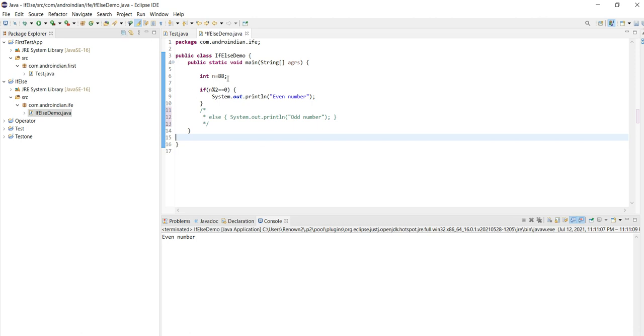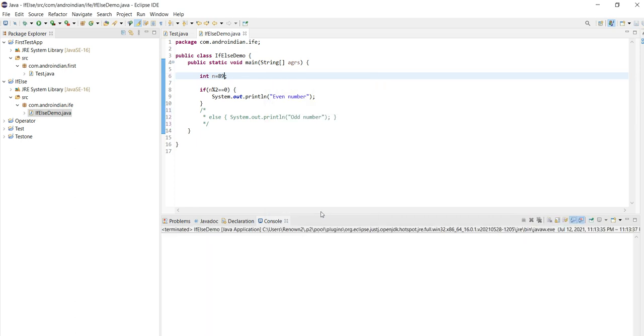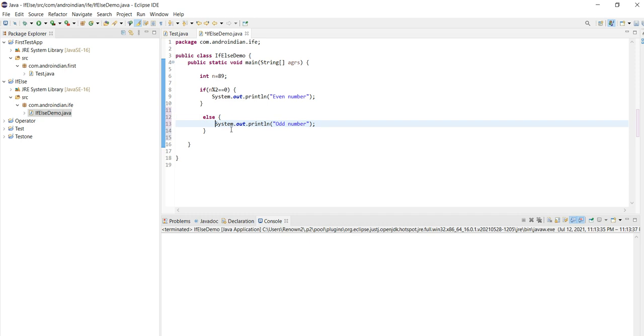If I comment this part, what happens here? See, this is executing, but now I'm changing this to 89. The program is executed, there is no error, no output. But if I remove this one and run this program, see, odd number.